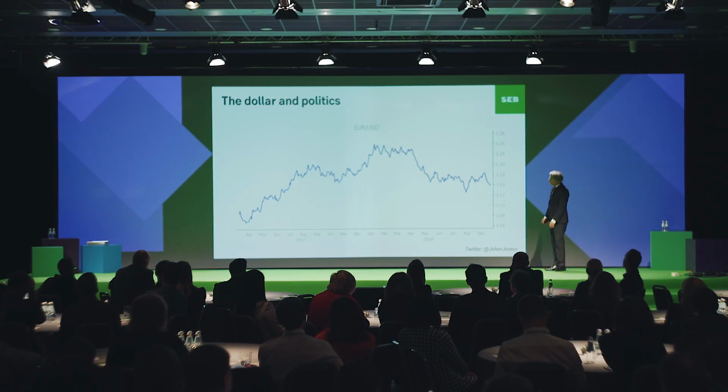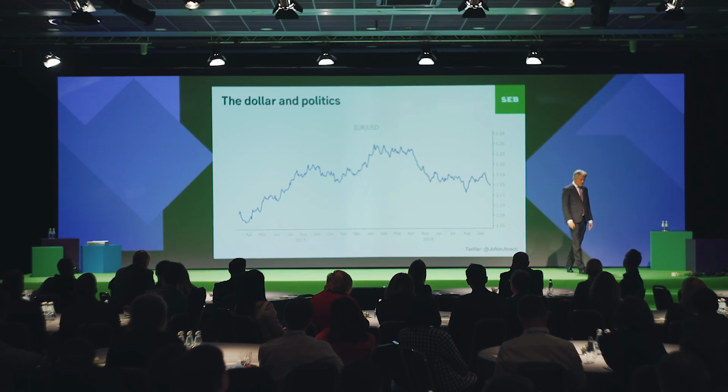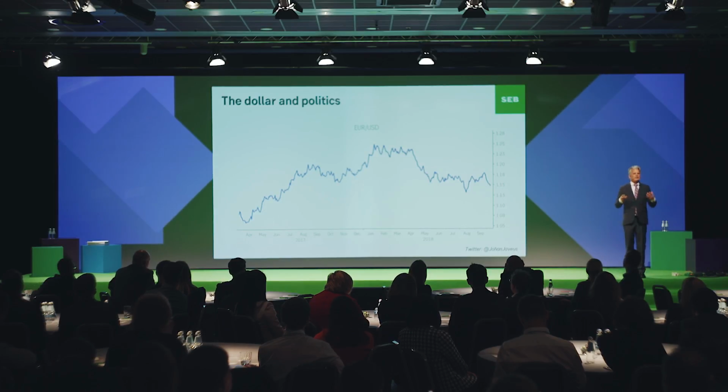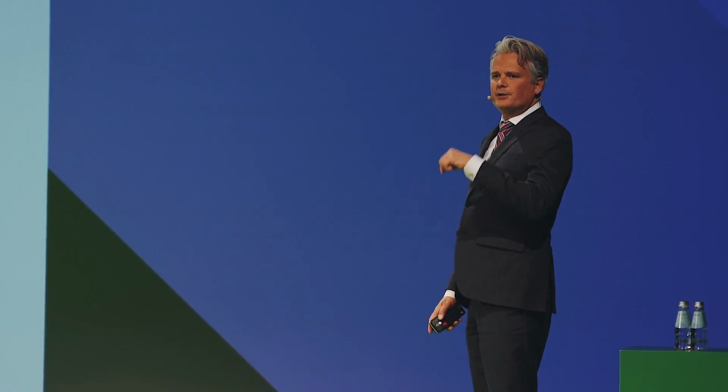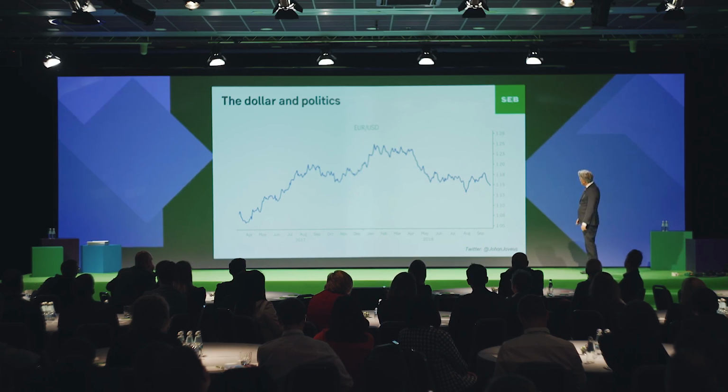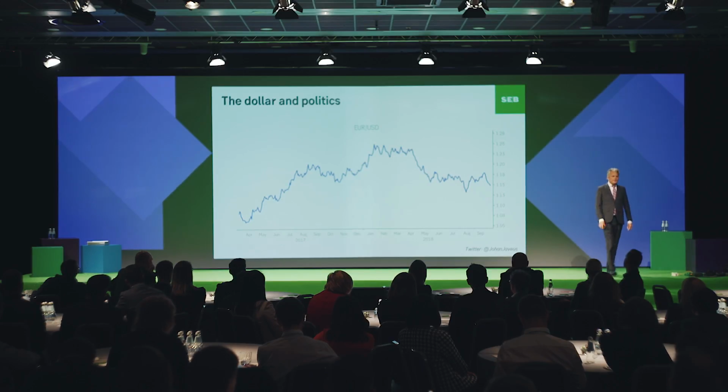Well, this is the dollar development since spring of 2017, and it's very difficult to find any decent forecasting methods that work for the dollar. Usually the central bank interest rate is a good predictor. Nothing has really worked. So I turned to politics. What happened here in April when the dollar was trading 106 against the euro?